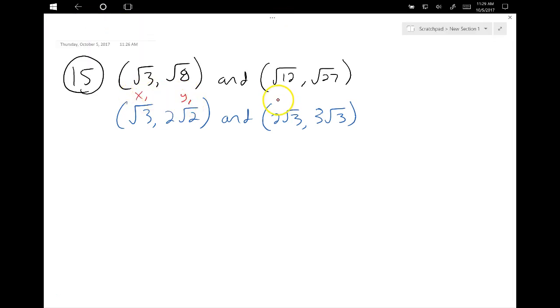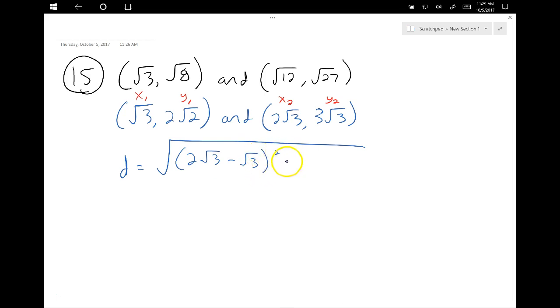x1, y1, x2, y2. The distance is the square root of x2 minus x1 squared, 2 root 3 minus root 3 squared, plus y2 minus y1 squared, 3 root 3 minus 2 root 2 squared. Now we can simplify a little bit in the first one. 2 root 3 minus 1 root 3 is just root 3